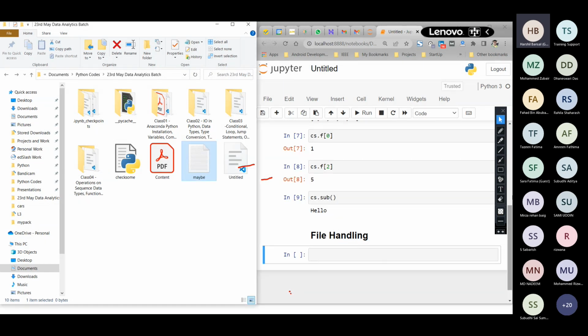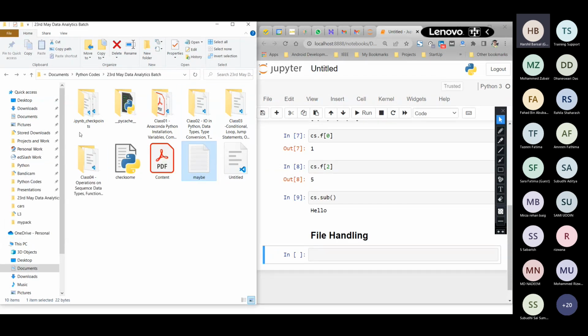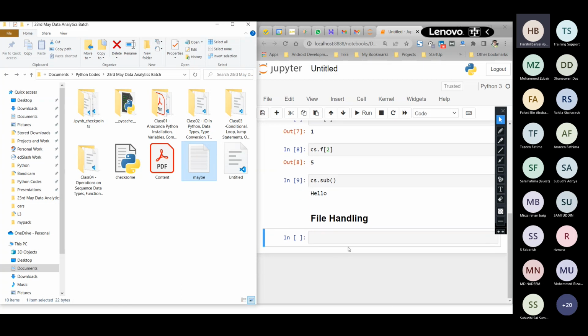So what you will do, class, you will open this file. I will enter something here, let's say hi there, how are you? This is our data that we have mentioned. I will save the file and close the file. Now suppose I want to read this data in the main code, so I can write here